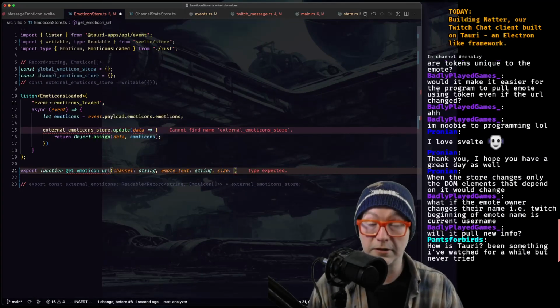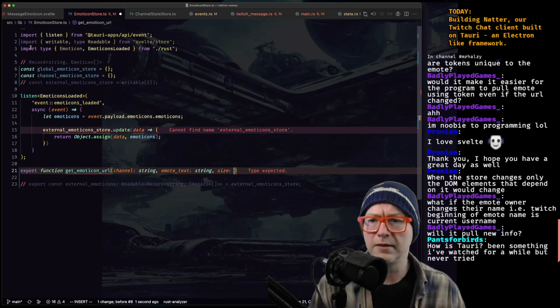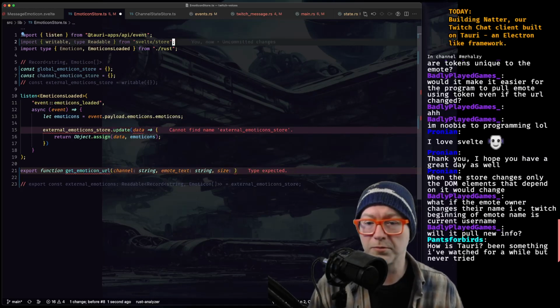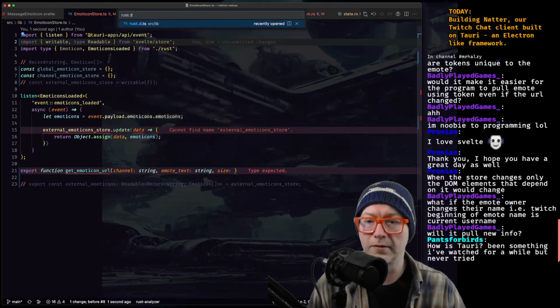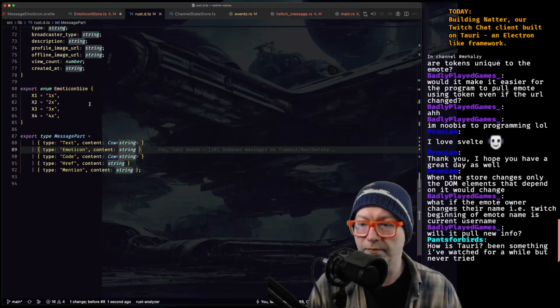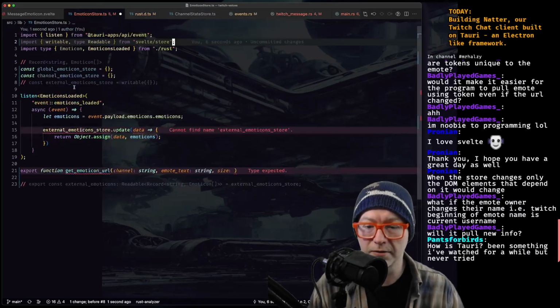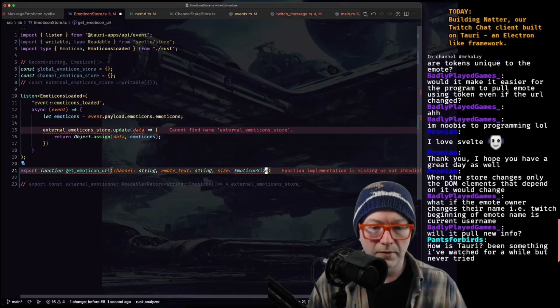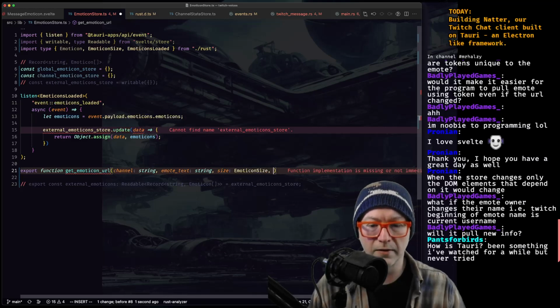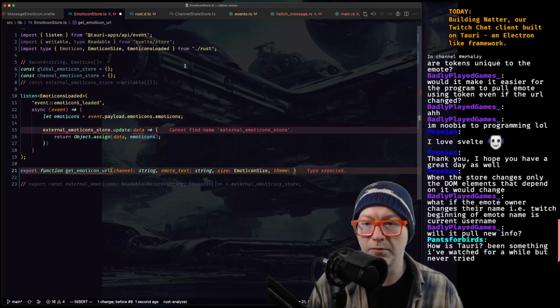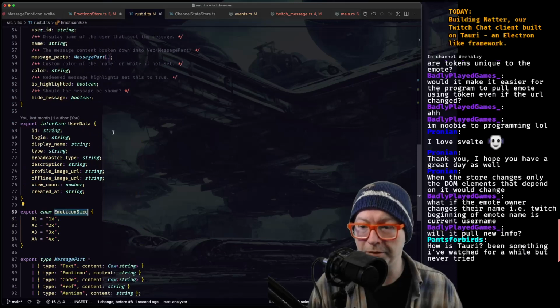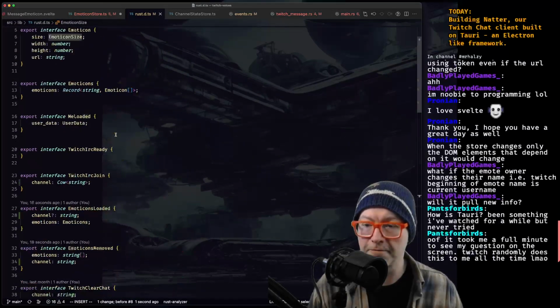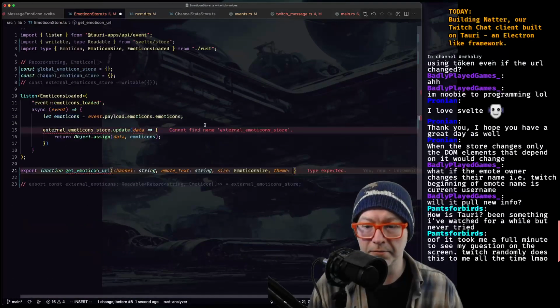Size, which is, oh goodness, let's look that up. Emoticon size. Theme. We do not have theme in here. Maybe we should. Let's add theme.